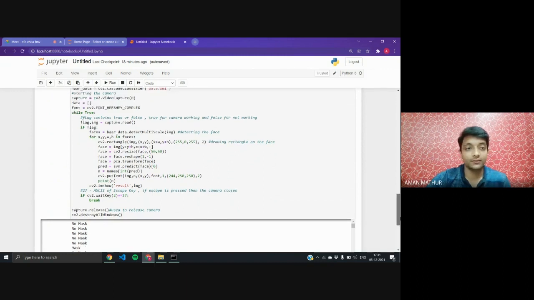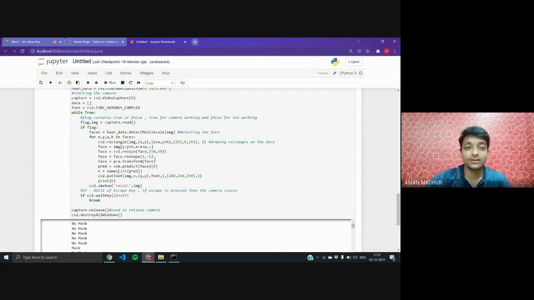Now this piece of code contains many lines of code. All these lines of code are used for detecting images, and then drawing the rectangle on the face of the images. And as you can see here, if cv2.waitKey is 27, it means 27 is the ASCII character for the escape key. It means that if the escape key is pressed, then our camera will stop.